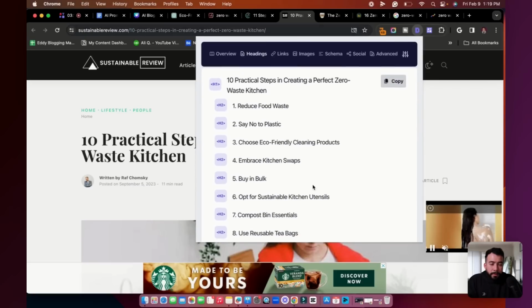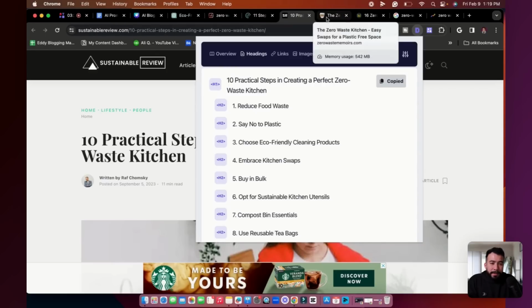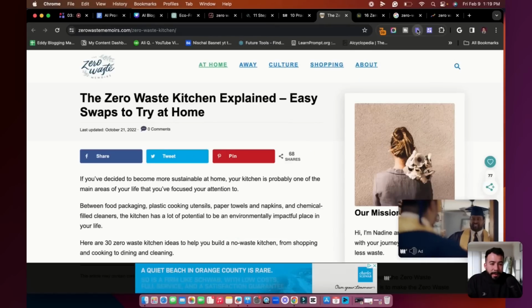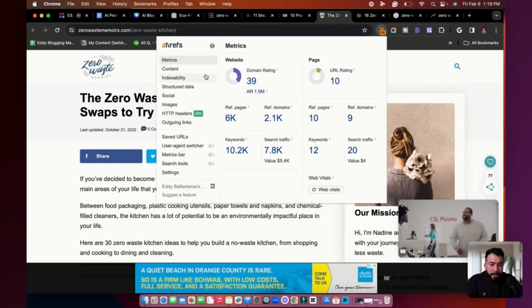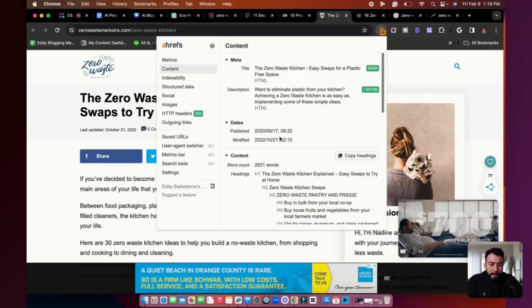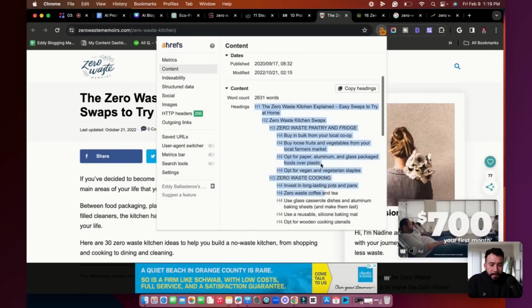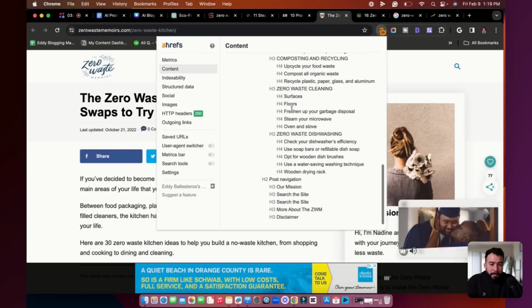So one thing you can try out is you can go ahead and go to ChatGPT and you can copy all of these headings and then tell ChatGPT to create your own based on the keyword that you found. This is how I've been doing it for the past 2-3 years now. If you have the Ahrefs Chrome extension, you can actually view the content here, and you can view all of the heading tags as well. So this is super, super simple.